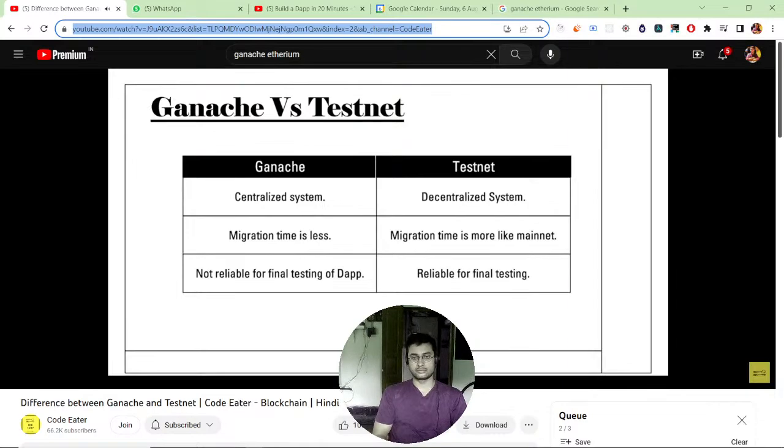ना कि गैनाश पे। डेफिनेटली आप गैनाश का यूज करिए क्योंकि आपको जल्दी अपनी फंक्शनलिटी चेक करनी है कि आपका फंक्शन वर्क कर रहा है कि नहीं कर रहा है, इवेंट्स वर्क कर रहे हैं कि नहीं, ये सारी चीज आपको तुरंत चेक करनी है। आप वेट तो करोगे नहीं, 10-15 सेकंड बाद चेक करोगे मेरा फंक्शन वर्क कर रहा है कि नहीं, उस केस में आप गैनाश यूज करोगे। बट जब आपको फाइनली अपनी डिसेंट्रलाइज्ड एप्लीकेशन को, अपने स्मार्ट कॉन्ट्रैक्ट को जब मेन नेट पे डिप्लॉय करना होगा तो उस केस में आप लोग टेस्टनेट का यूज करोगे।